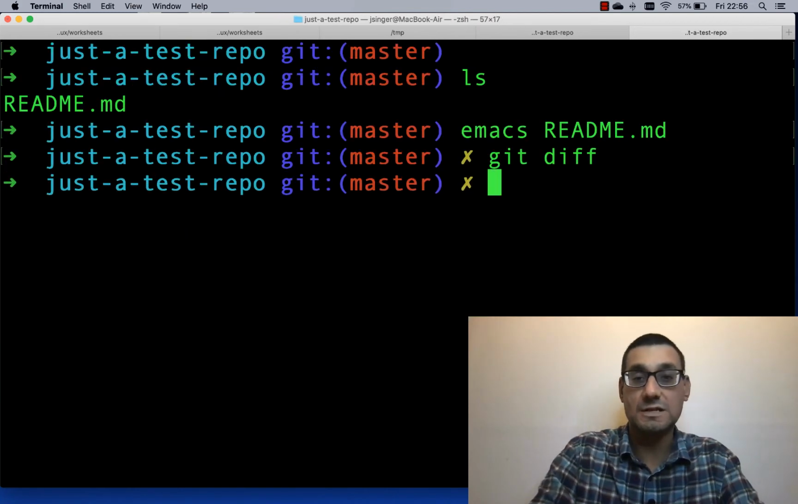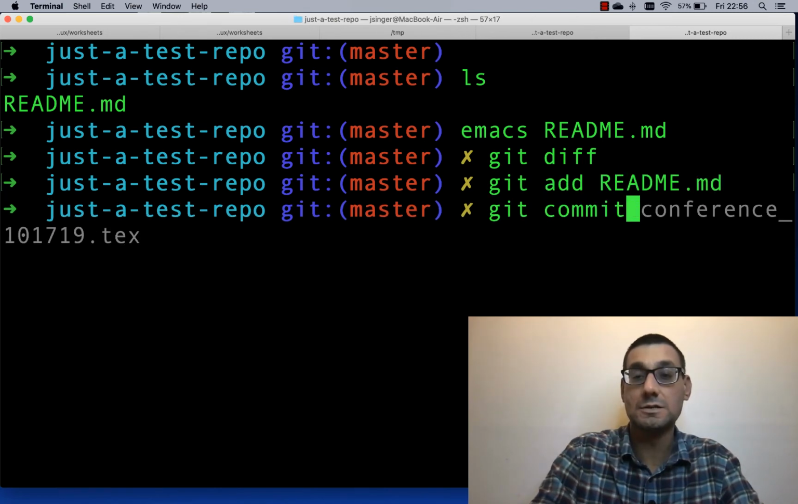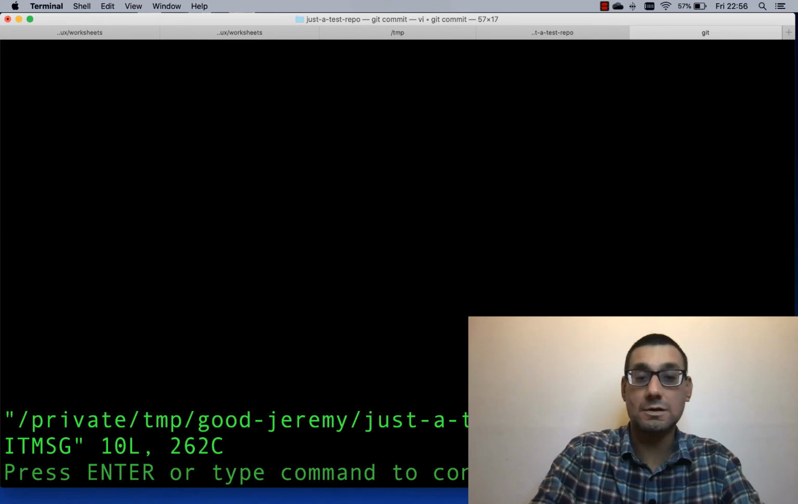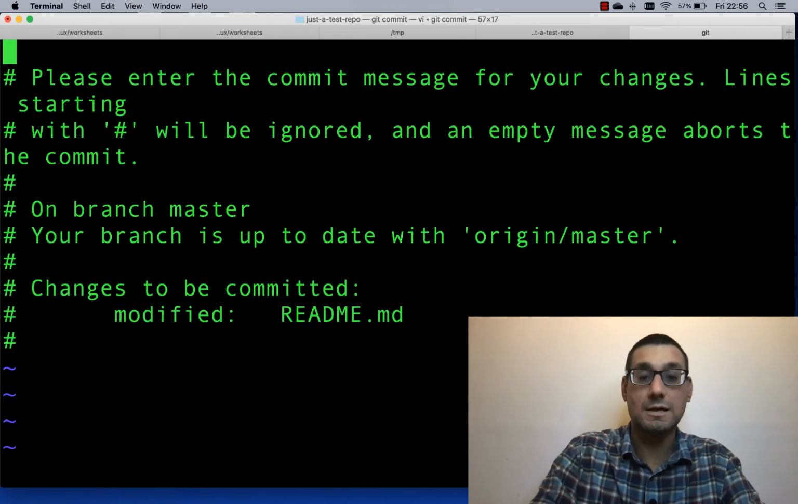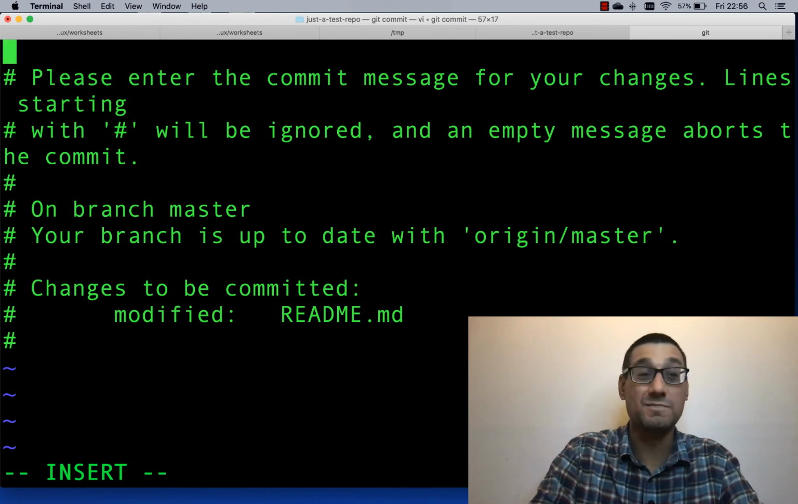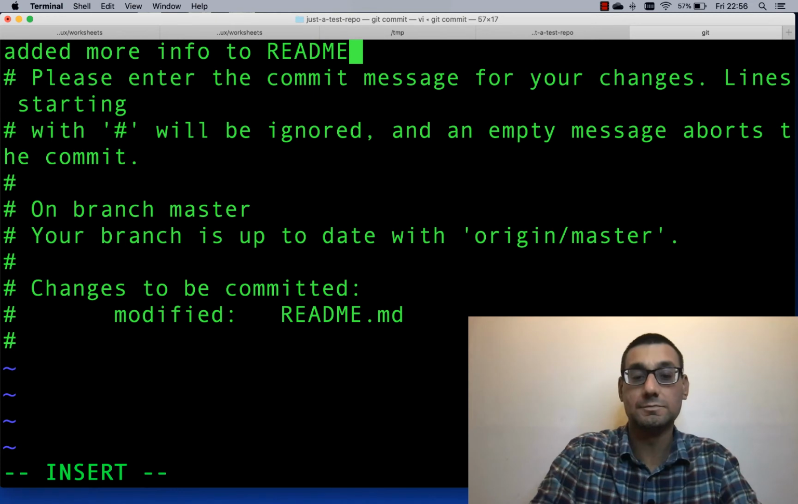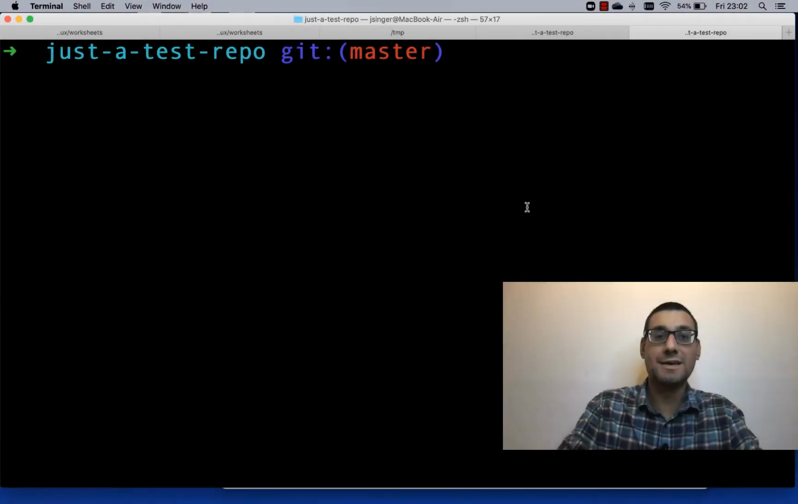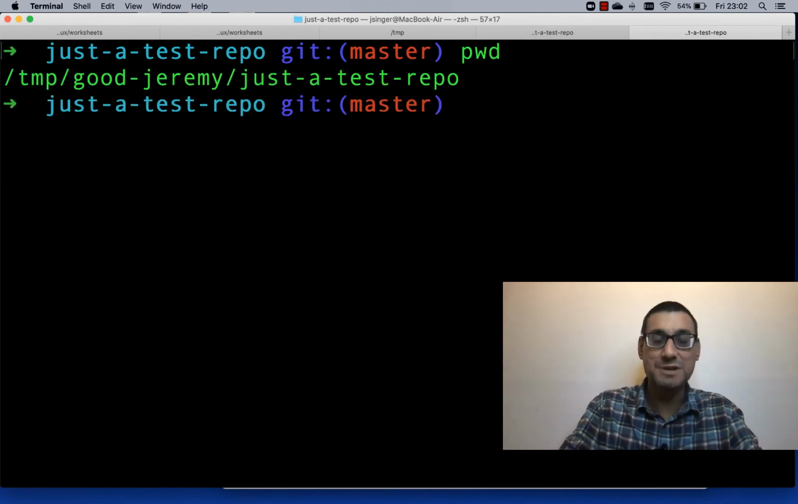Brilliant. So we're going to say git add readme.md, git commit. Okay. And we're going to say added more info to README. Okay. Let's just work out who I am with my dual personality here. Good Jeremy. Okay, and I'm in my Git repository here, and if you remember, I've committed, but I haven't yet